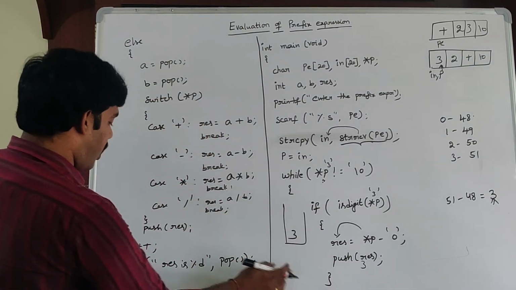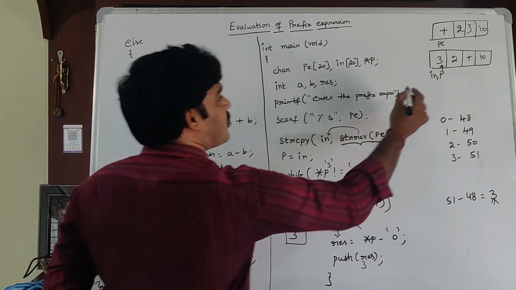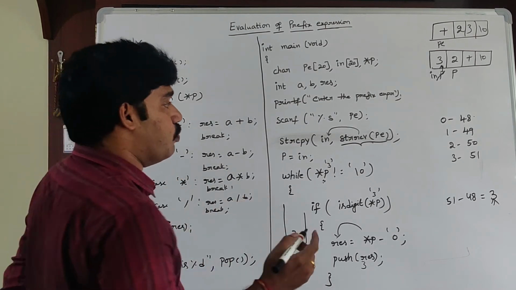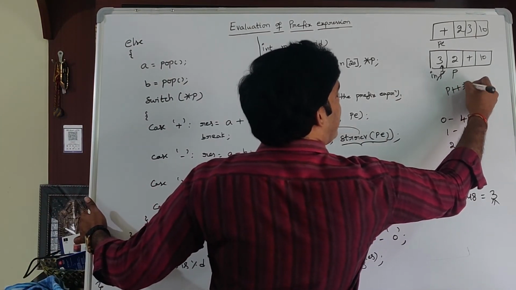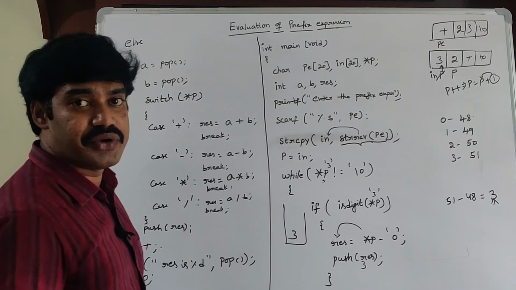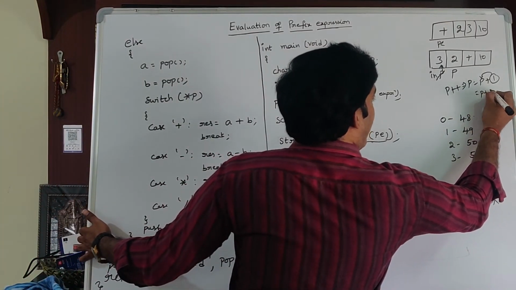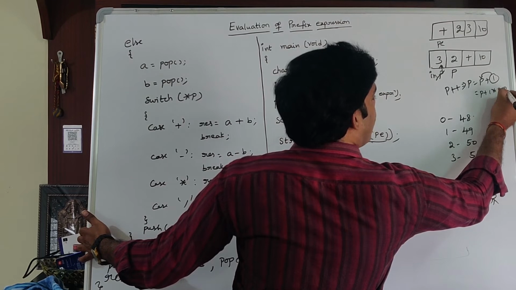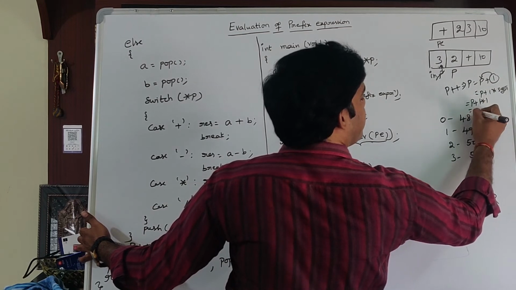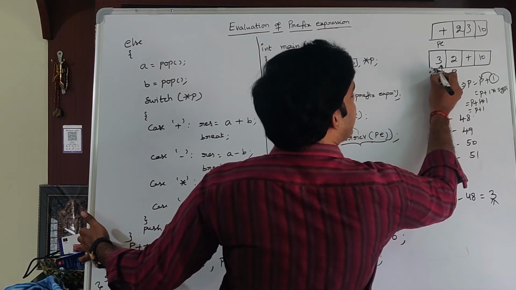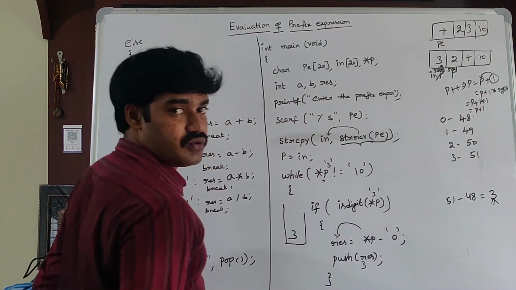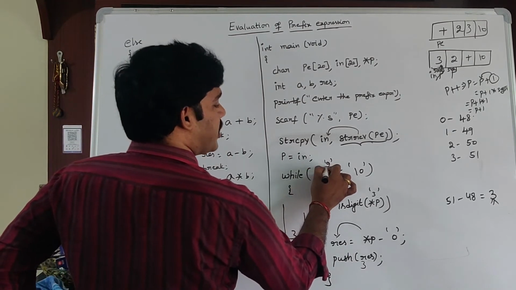Next, after the if block, directly it comes to which one? P plus plus. P plus plus means it goes to the next one. P equal to P plus 1. P plus plus is nothing but P equals P plus 1, adding an integer value to the pointer. How to add? P plus 1 into the size of the data type. That is equal to P plus 1 into, what is the size of char? 1. P plus 1 into 1 is 1. Assume that the starting memory location is 5000. So P plus 1 means 5001. Star P means character constant 2, not equal to 0.